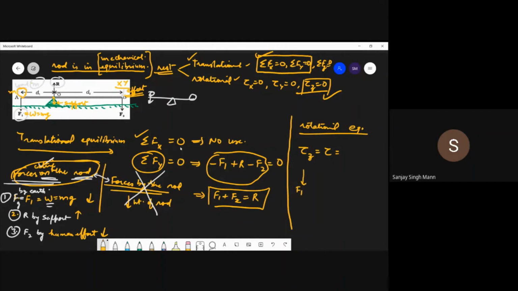Now where is your R? This is your O. Okay. So where is your R? This is your point of application of force. Take the moment about O. See, students, this is our choice. You can even take the moments about A also, or about O. You can take the moments about this point, this point, this point. You can take the origin at any of these points on the rod. It is not going to change the answers. We'll do it in some questions today.